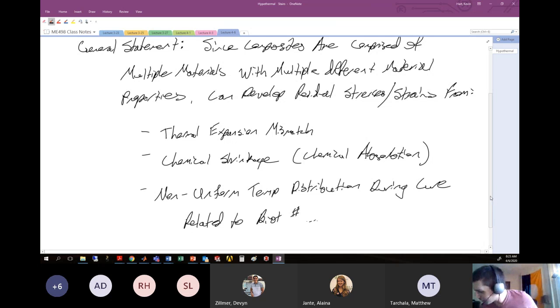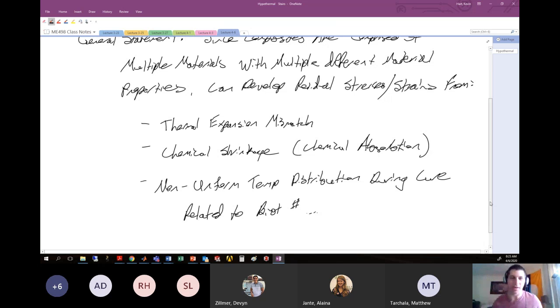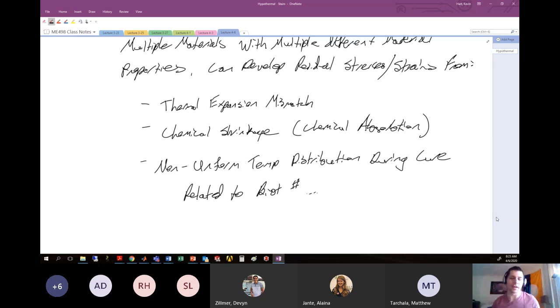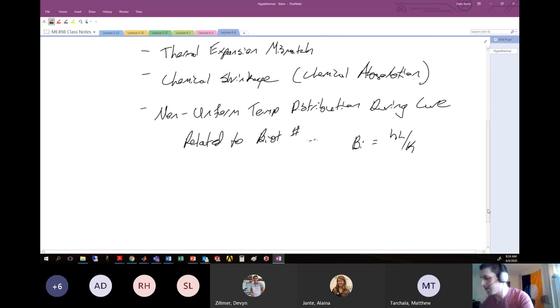All right. So I'm going to draw a picture here that explains what I mean by thermal gradients inside of the piece related to Biot number. So the Biot number, Bi, is a non-dimensional quantity which relates the conduction and convection inside of a piece, right? So what do I mean by that? Okay. Well, let's just get the definition down here. Bi equals hL over k, where,